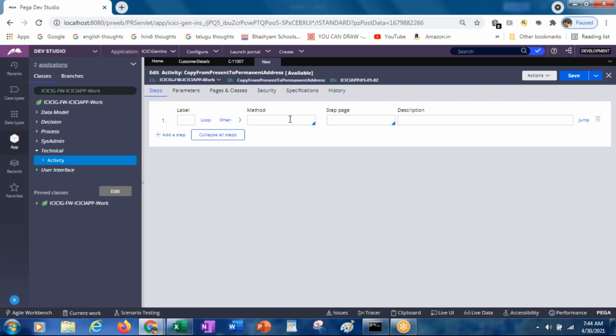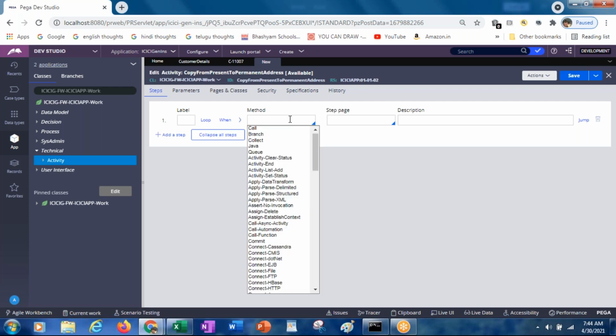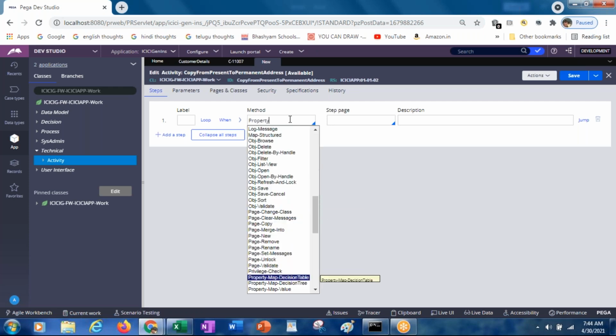Now to copy the values, either we can use page copy or else we can use the property set method.